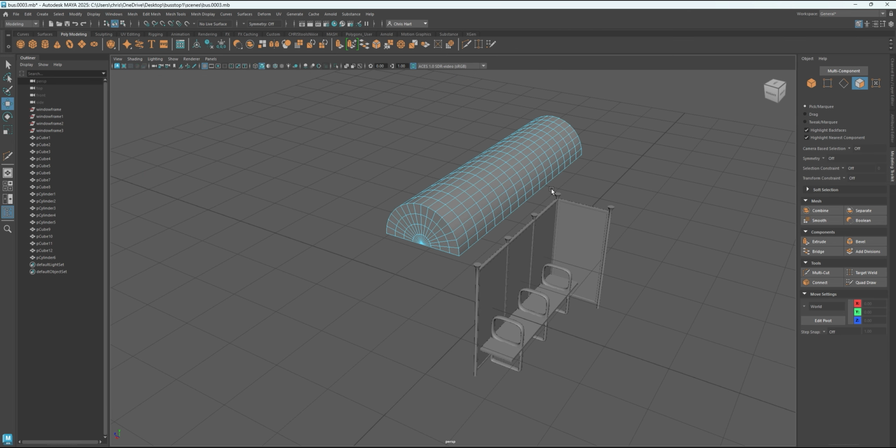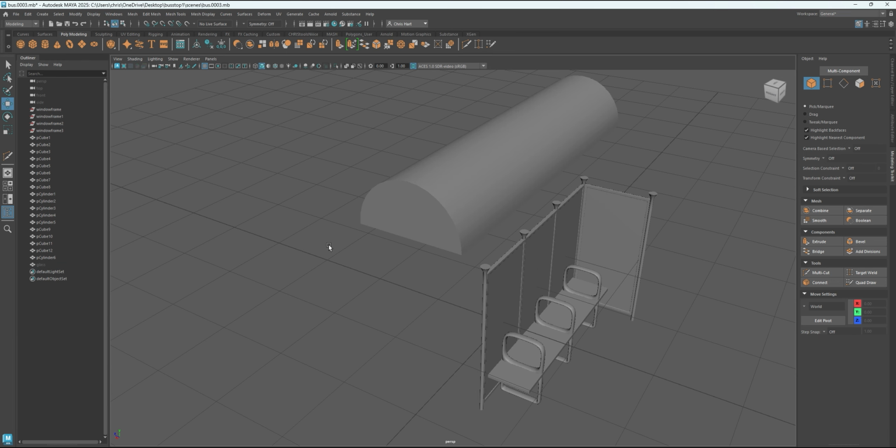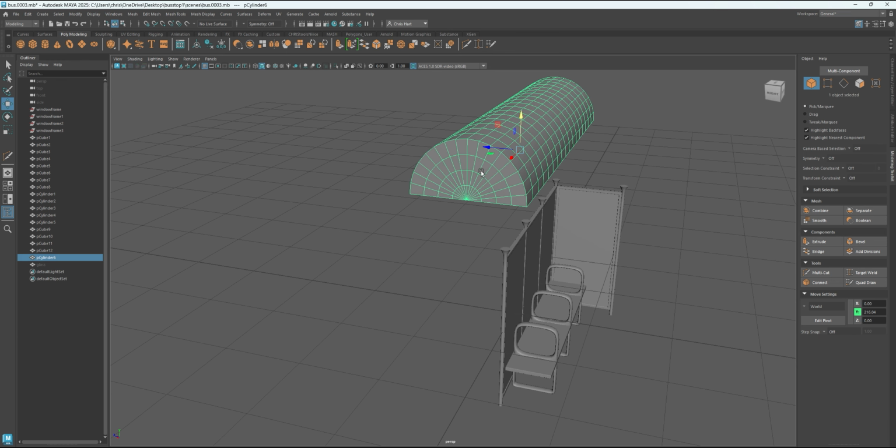So we've got this. So let's go to object mode, and let's do Control and D to duplicate it. And so that's made one called Polycylinder 7 on this outliner. If I double click in that, I'm just going to call it glass. Click off it, click back on it, and press H, and that'll hide it. It's just so it's in the same position. Let's go back onto our